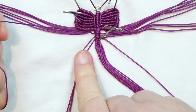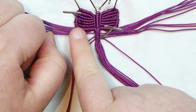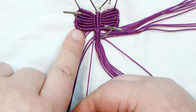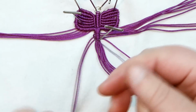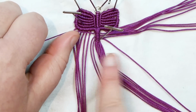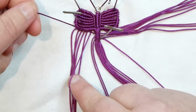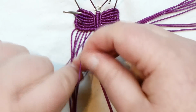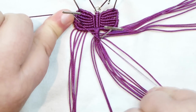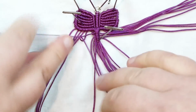So we need to grab the top one of the 3 on this side, so on the left side here. That's going to be the first holding cord, because we need to then start making a row outward here using these working cords coming from the top wing. So these all need to come downwards. We will then take this top cord from the core going out to the side above them, and then we just need to start doing a double half hitch with each cord here. Take the first one, do a double half hitch, tighten it, making our very first row on the bottom wing here. Grab the very next one